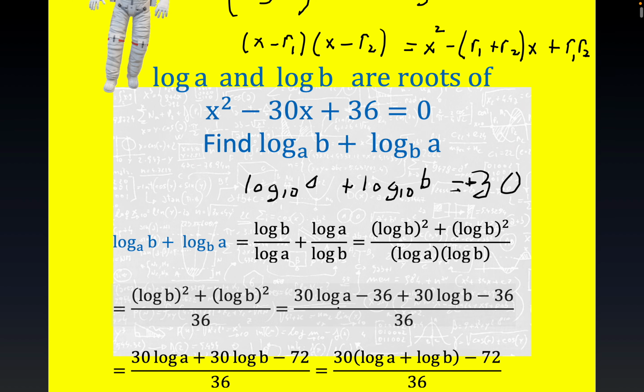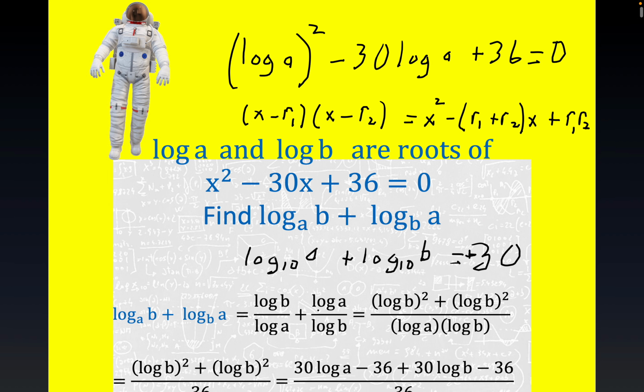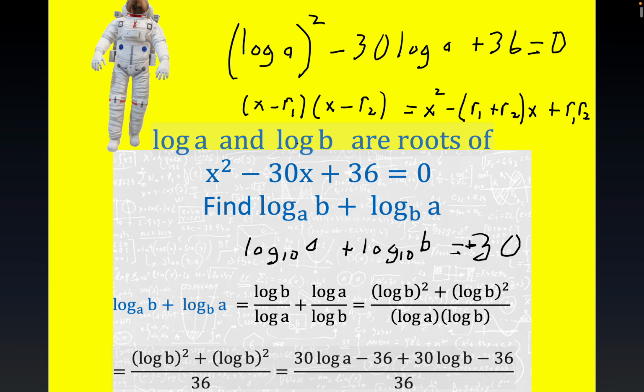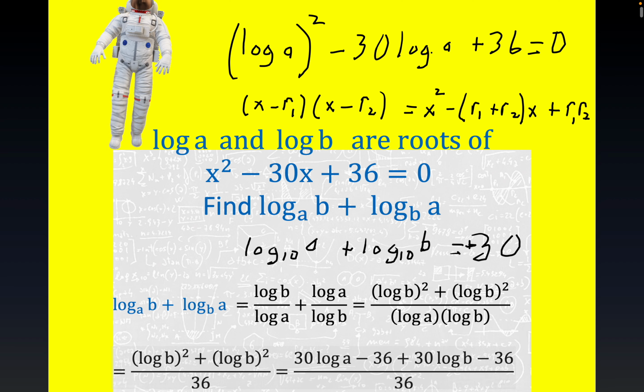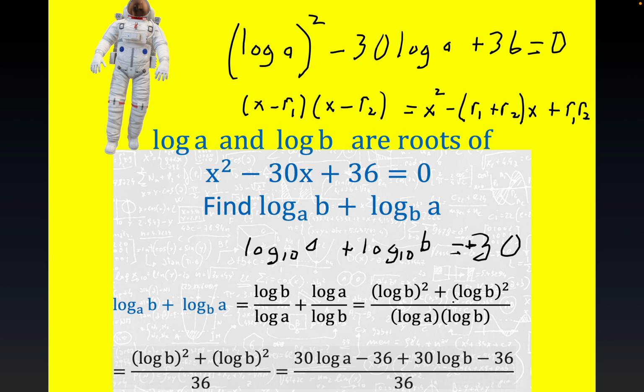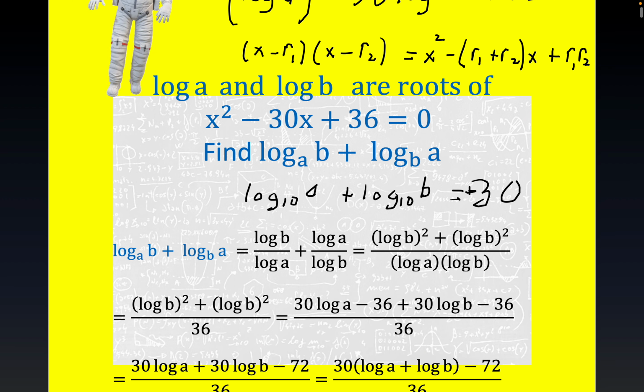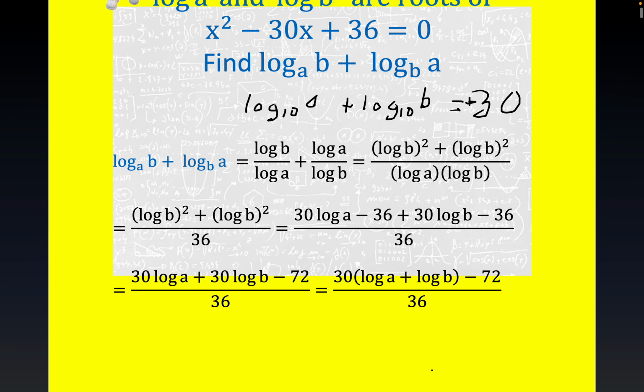All right. And then this piece right here is just remembering to substitute back in. Now, probably you could do some other type of algebra, but remember how I wrote log base 10 of a, squared, minus 30 times log of a, plus 36 equals 0? Well, you can rewrite each of these squares like this, based on the fact that each of them are actually roots of the quadratic. And the rest of this is just collecting terms, getting everything together. Let's see, you have the sum again, which we know to be 30. So right here you would have this is equal to 30 squared